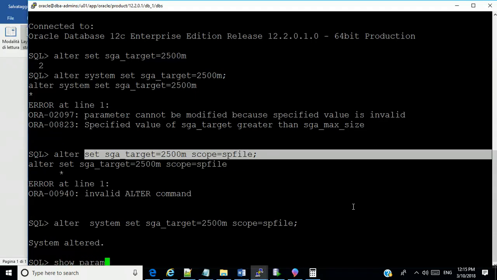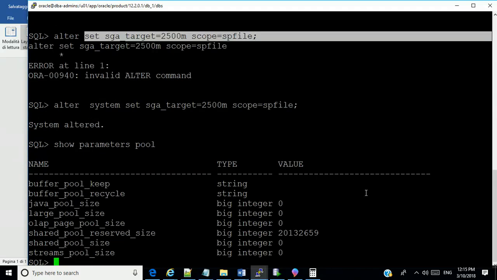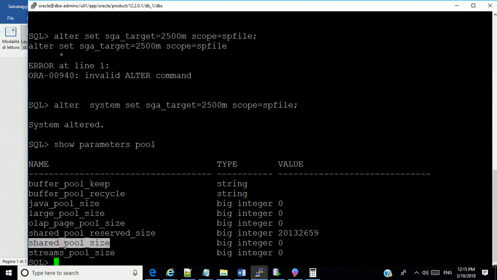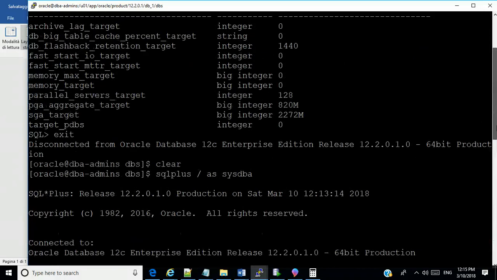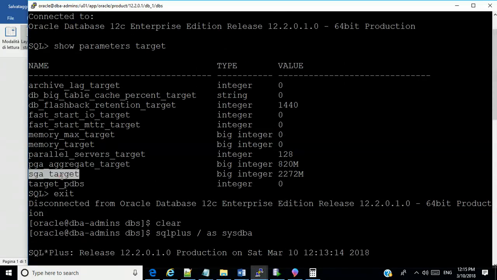If you write show parameters, there are some other parameters out there that you can probably change on the fly. You might not need to restart it. For instance, the shared pool, I think this one can be changed on the fly. But normally, what we've done is that we've left it at a value that will be managed by this target. Oracle dynamically manages that variable at this time.